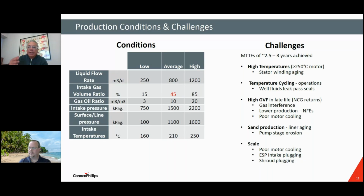Sometimes we have power outages. When those happen, the well stops and the pump suddenly cools very fast. Those temperature cycles do impose a great challenge to mechanical seals, both elastomeric and mechanical shaft seals around the shafts. The third challenge, the third bullet there, high GBF, is becoming more and more of an issue